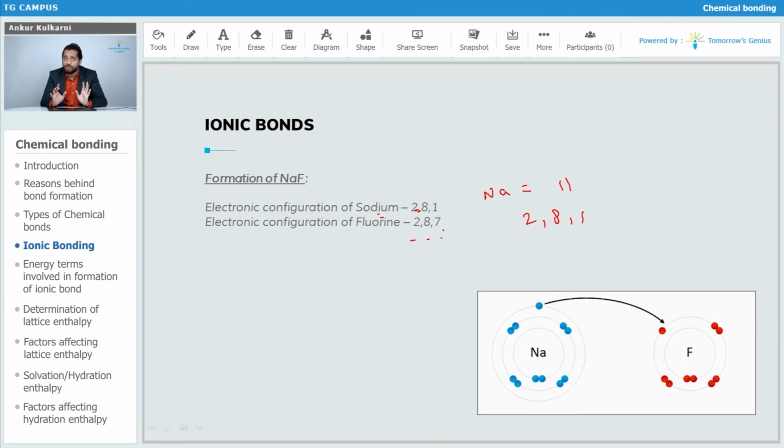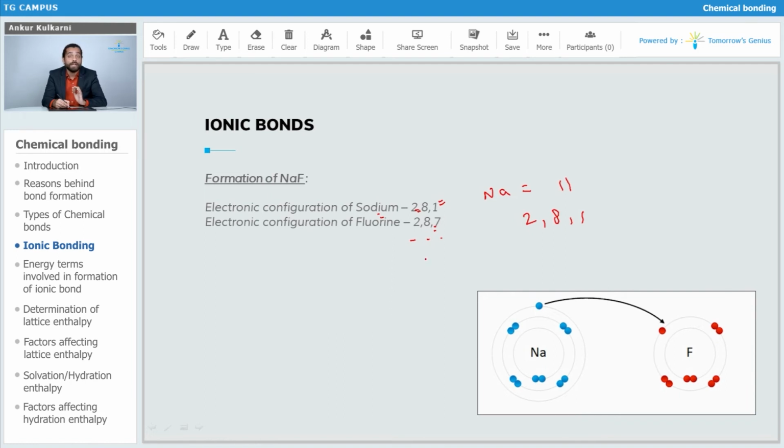Now that you have understood this, let's move ahead. In sodium, the valence electron is 1 and in fluorine, the valence electrons are 7. For sodium, it is easier to donate 1 electron in order to achieve the octet or stable electronic configuration, and in the case of fluorine, it is easier to accept 1 electron